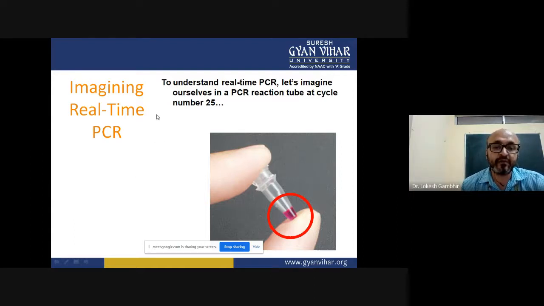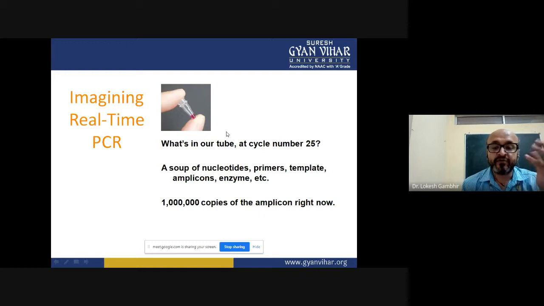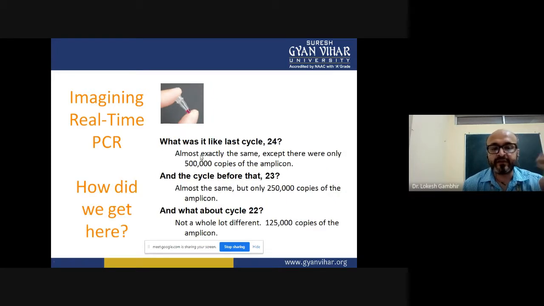So when we are talking about understanding this particular virus, let us go with a very simple exercise. Suppose, let's imagine I have this particular Eppendorf, and I had already performed 25 cycles. So after 25 cycles, this is what I have in my hand. After 25 cycles, you will be having somewhere around 10 lakh copies. If you're talking about 24 cycles, you will be having somewhere around 5 lakh. At 25, you are having 10 lakh.